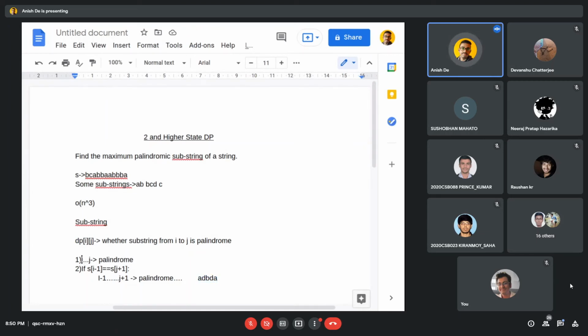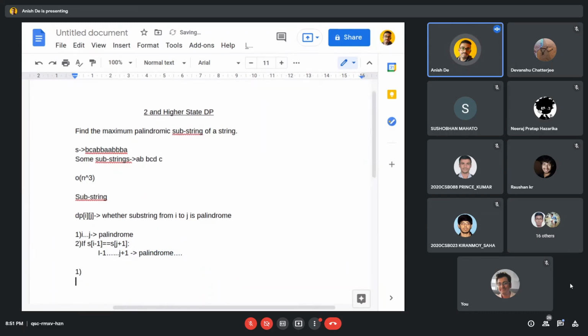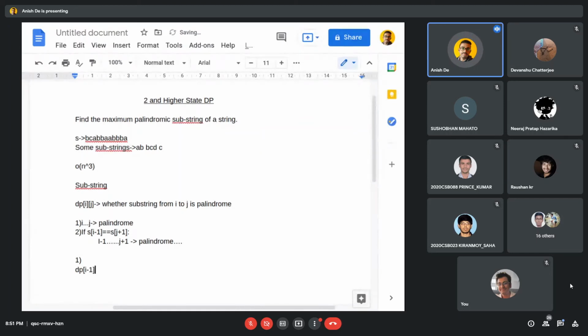So one of the transitions of the DP will be dp[i-1][j+1] equals dp[i][j] plus 2, because two more elements are added if these two conditions are satisfied, right?